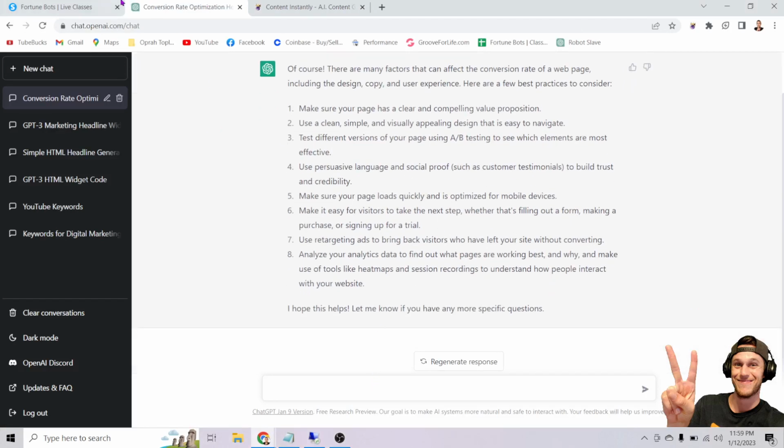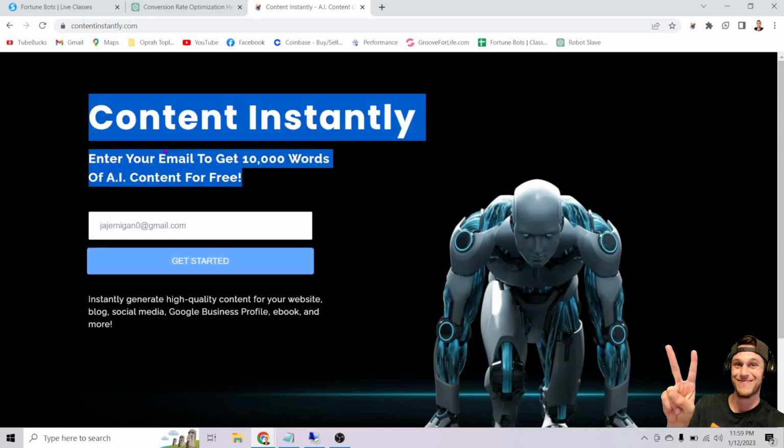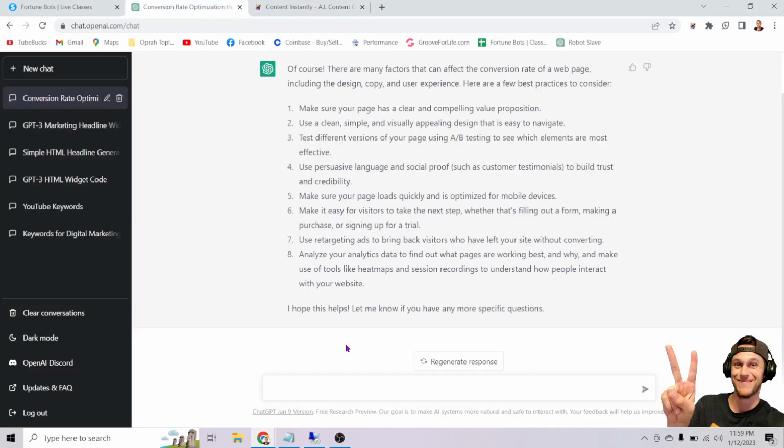So let's give it some details about our page. So let's say we want to optimize the headline of this and make this a little more sexy, a little more tantalizing. So I have, enter your email to get 10,000 words of AI content for free, right? So everyone likes the word free, but aside from that, this is not too spicy. It's pretty generic. So let's go ahead and copy this and ask the tool,